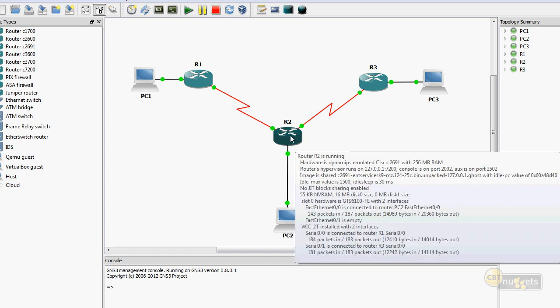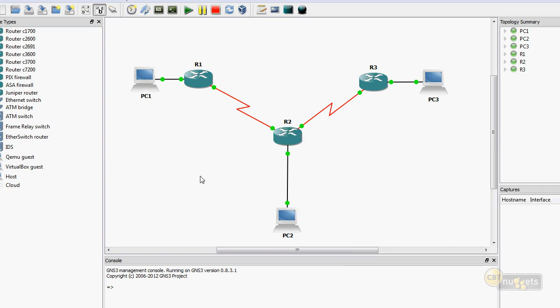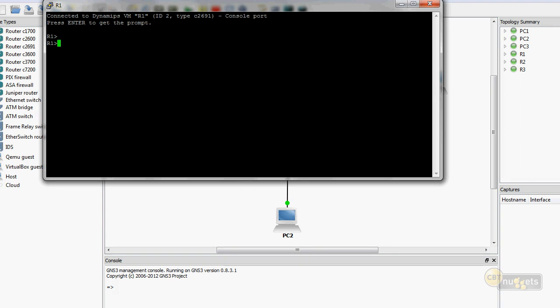If I could keep that little thing there. 2691 platform. I've just found that to be really stable with 12.4 IOS on there. So we have this environment running. Last piece I'll add on the setup of it all is I've gone in and set up